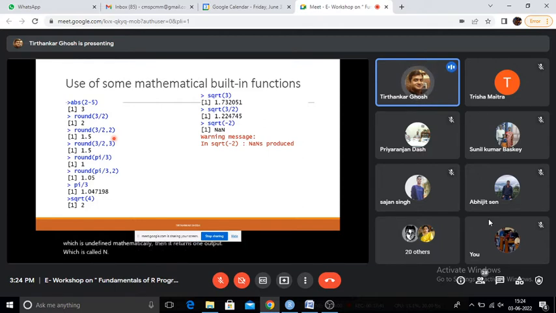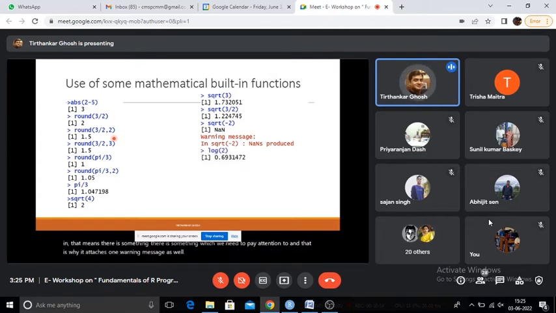Both the N's will be in uppercase and the a will be in lowercase. So NaN means not a number. So basically, it does not return undefined. So whenever you get a NaN, that means there is something which we need to pay attention to, and that is why it attaches one warning message as well.